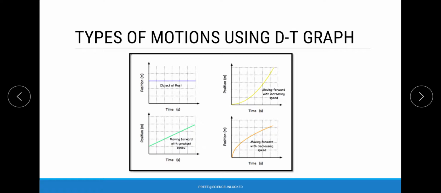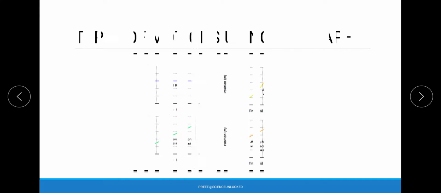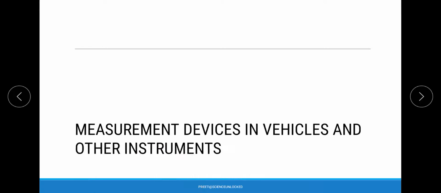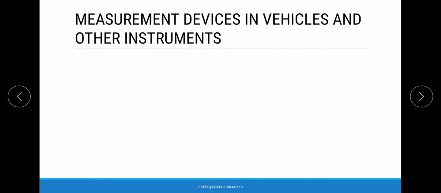So that is exactly the whole concept related with the graphs that you should be aware of as per class 7th, and these things will get modified in higher classes and become a little more intense in terms of learning, but that is something we can take up and discuss later on. Now the last aspect that we have for the chapter is the usage of different devices and vehicles,